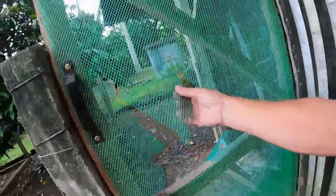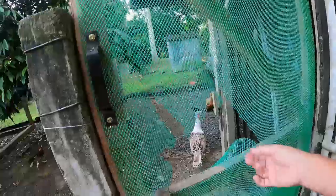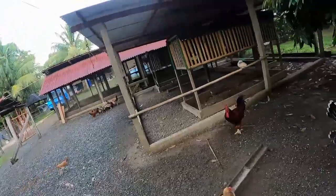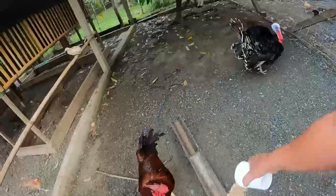Got a hole here. I've got to fix this. I see some people make the chicken pens with this type of stuff, but I tell you guys, in the sun, it just doesn't last. So I've got to get all this replaced when I go and buy the netting today. If it's out of the sun, no problem. You don't have an issue. But if it's in the sun...